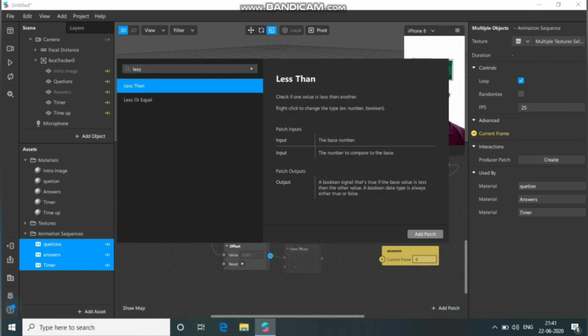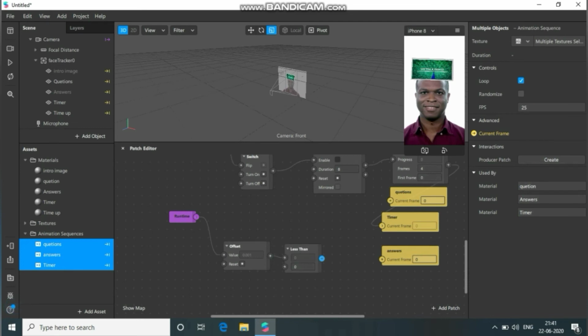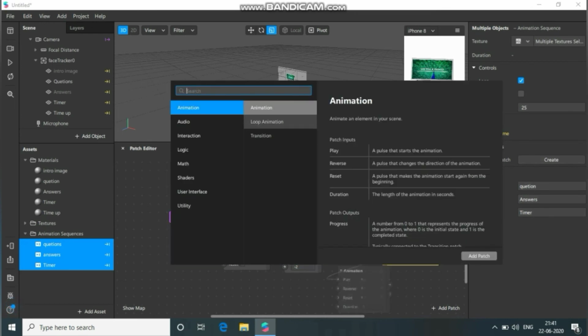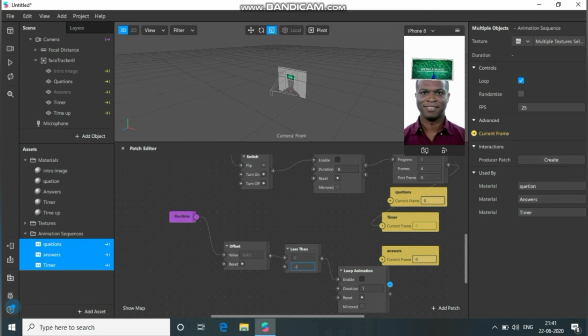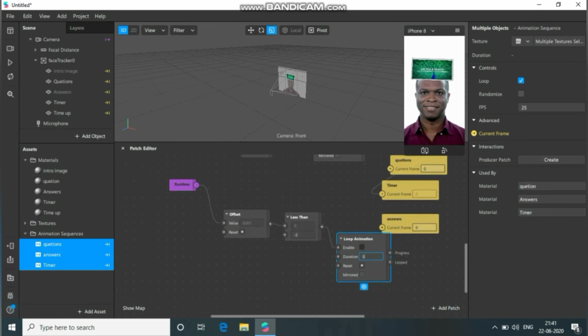Mention the value as -2 so that every 2 seconds questions will get randomized. From less than connect loop animation and select duration as 5, because in our case we'll be using 5 questions. From loop animation, duration as 0, and from progress node connect random.